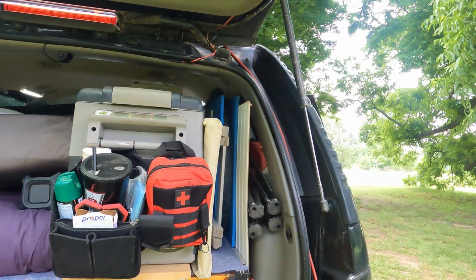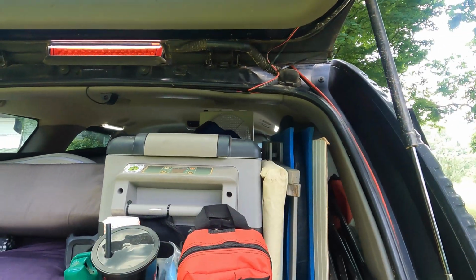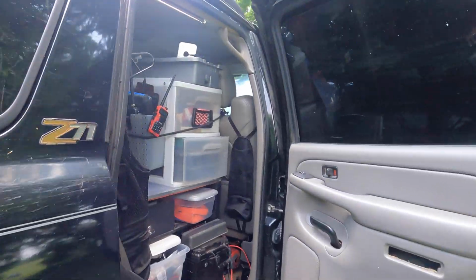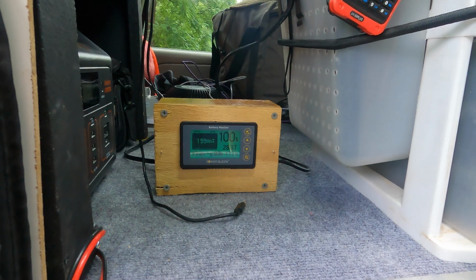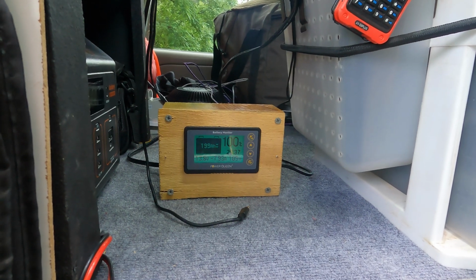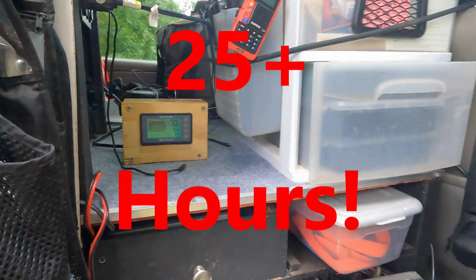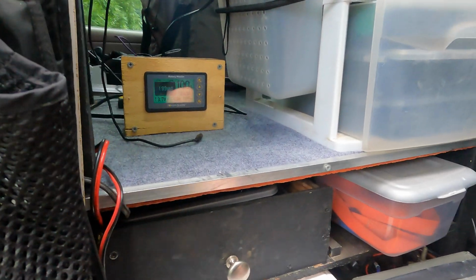Ooh, it's so dirty. Cleaning would be good. But yeah, let's see how much we're drawing there. 110 watts out. At 2,500 watt hours, I can run all that for how long? Yeah. But I want to run it out because one of the things I want to do